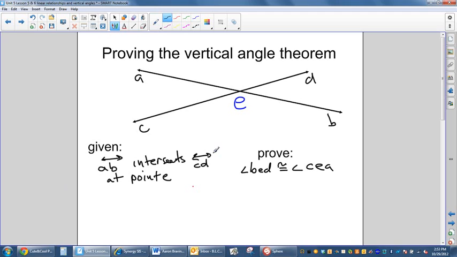So we can see that we're given that line AB intersects line CD at point E. That's not point E, that's point B. And I want to prove that angle BED is congruent to angle BEA. So that's our goal. We're given that line AB intersects line CD at point E. Our goal, like I said, is